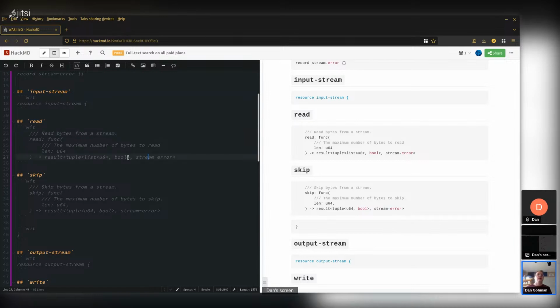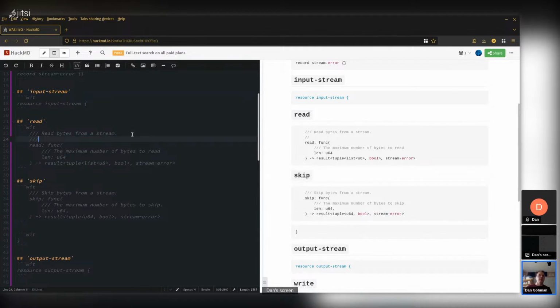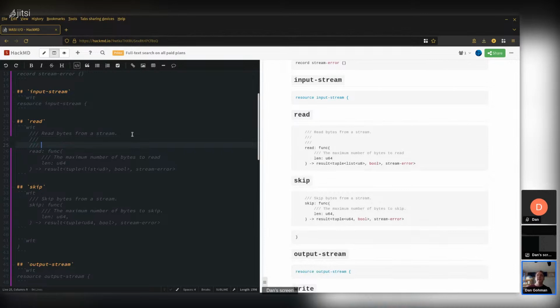All right, and what is the bool in this tuple? That's a great question, and I should document that. So the bool here is the end of file indication. You're doing a read, and you get a tuple of the list of u8, the actual bytes that you just read, and the bool indicating whether or not you just hit the end of the stream. End of file, end of the socket closed, end of a pipe. Almost all input streams that you can read from have a concept of an end. And so this bool tells you whether you've reached the end or not.